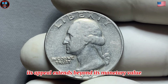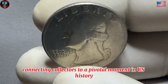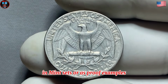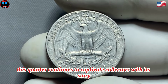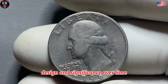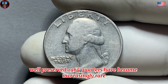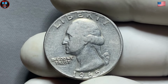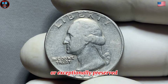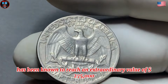Its appeal extends beyond its monetary value, connecting collectors to a pivotal moment in U.S. history and the evolution of coin production. Whether found in circulation, in mint sets, or as proof examples, this quarter continues to captivate collectors with its story, design, and significance. Over time, well-preserved 1965 quarters have become increasingly rare, highlighting their importance in the history of American coinage. A flawless or exceptionally preserved 1965 Washington quarter dollar has been known to reach an extraordinary value of